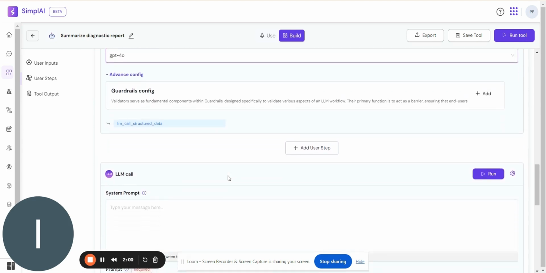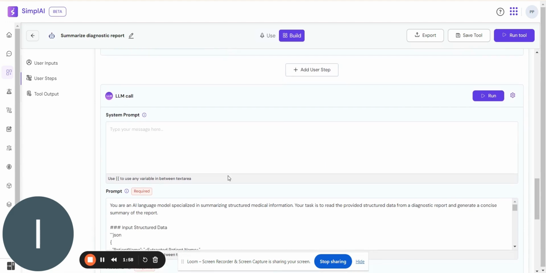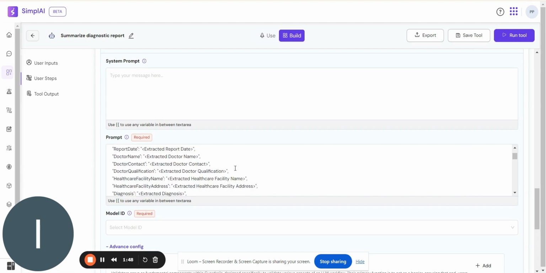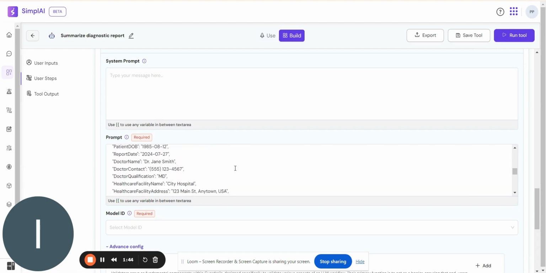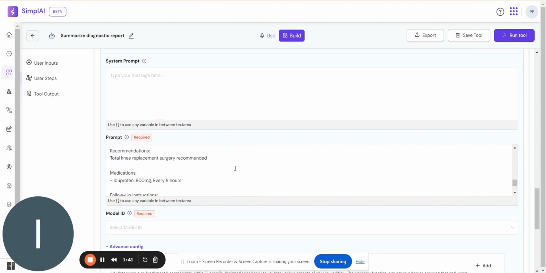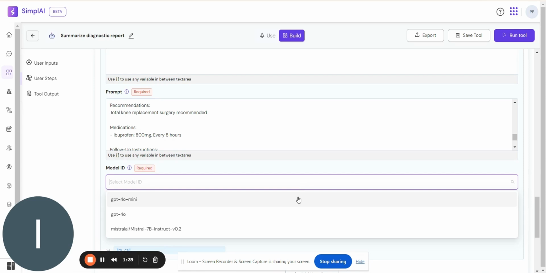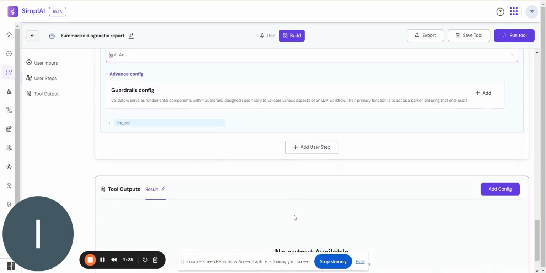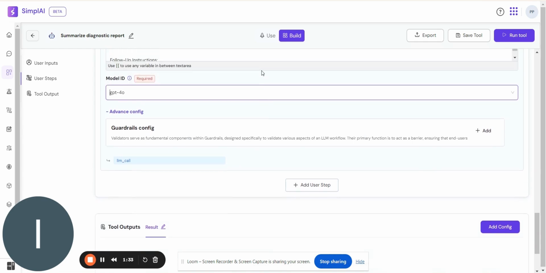Now coming to the next step. Here we have called the LLM again, because in the above LLM step, the output will be in the form of JSON and we want it in a concise and structured way. So in this LLM call, we have just given the prompt to convert the JSON into simple structured text. Here also you have to choose the model of your own choice as per availability. Now you can also ensure that the process is smooth and error free.